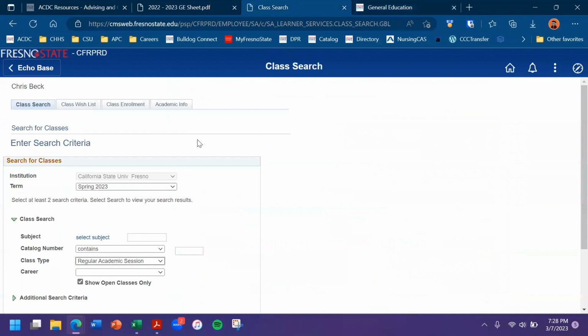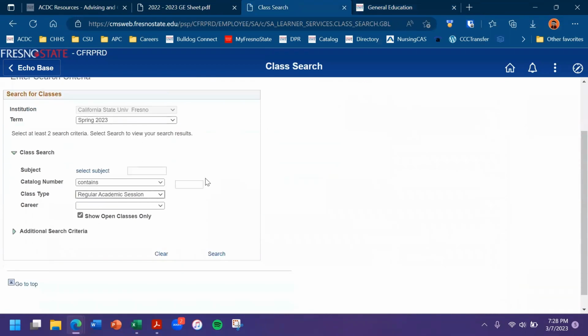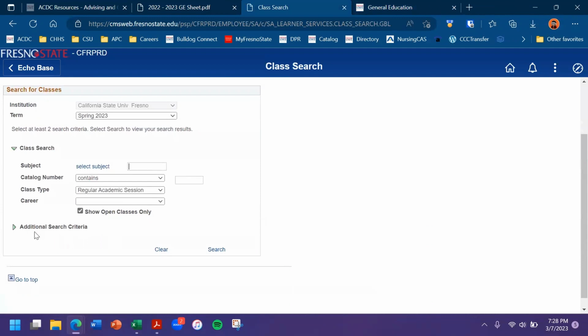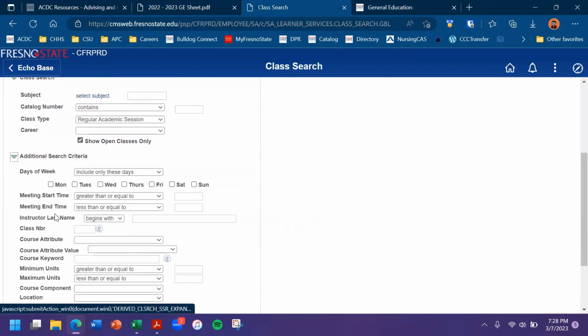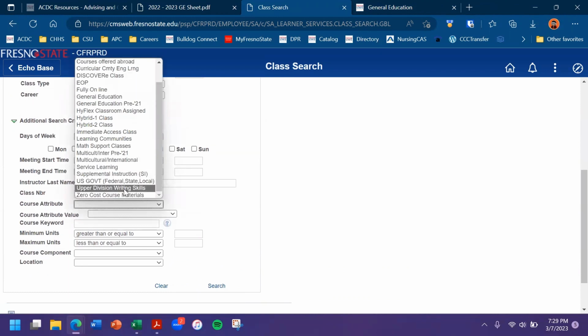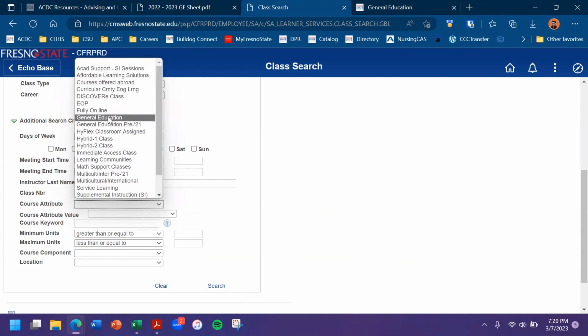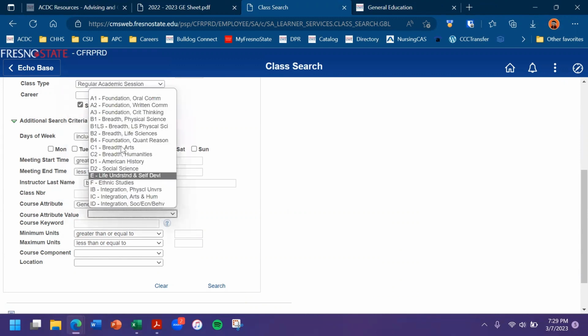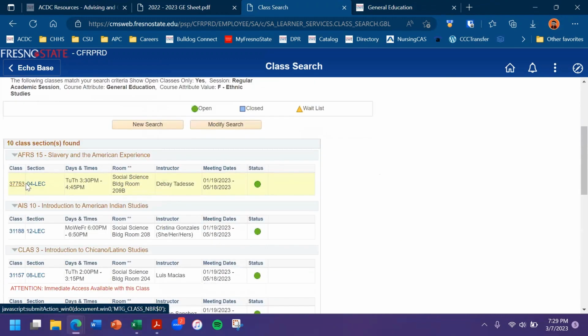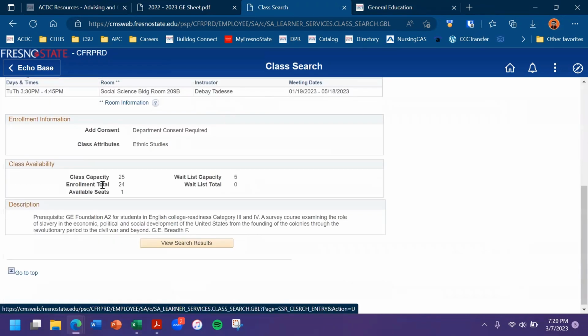You can also find course descriptions when you search for GE areas, as when we go to the course search, we can type in each area individually, but it'll get kind of exhausting, especially if courses are closed. So we can go to the additional search area, go down to course attribute, and this will let us search by either general education, multicultural international, or upper division writing skills. With general education, we're able to search even more specifically by area. And so this will give us all courses in an area. And then as usual, if we click on it, we'll be able to see the description at the bottom.